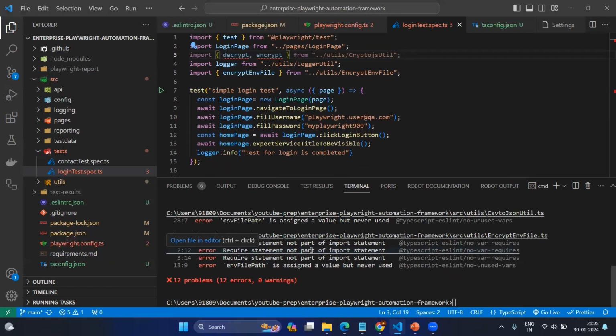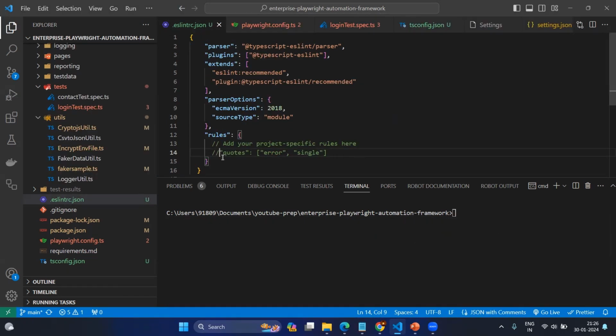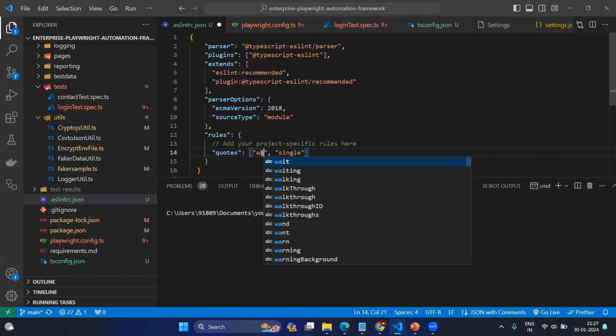So basically, whenever you complete your code, you should run your ESLint so that you have some standard code. Here we can add some more rules also as per our project or framework need. For example, for quotes, I am looking only for the single quote. If it is not single, it should be considered as an error. You can even change it to a warning as well. But let me make it an error